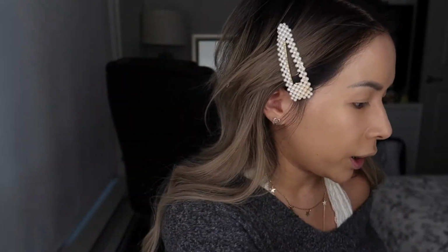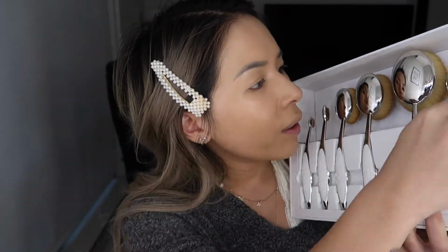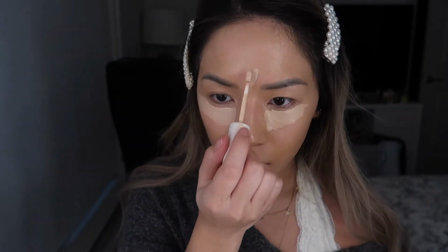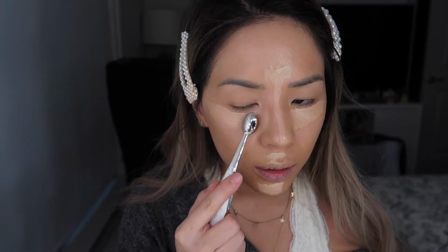So far so good. Now to go in with some concealer. My current concealer for my under eyes is just the Colourpop No Filter Concealer in Light 18. And here are all the brush options. I think I'm gonna go in with this one, which is Oval 4. And I'm gonna use this for my concealer for my under eyes. I always apply this to the center of my forehead too, a little bit. Okay, so now I'm just gonna use this and kind of just,